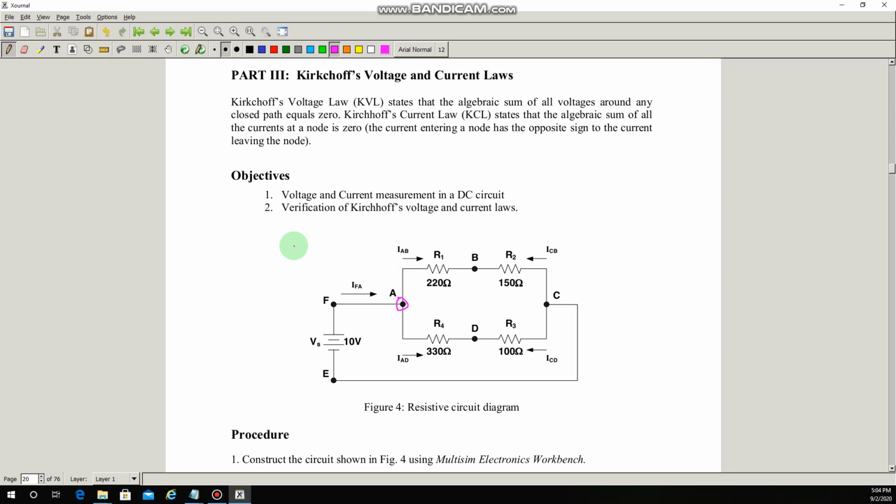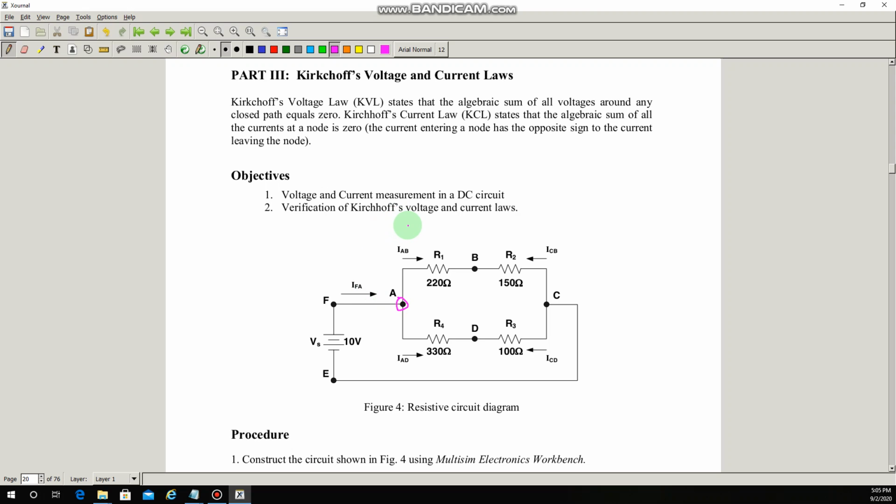The magnitude of both currents, IAB and IBA, will be same, but their sign will be different. So we have to keep this in mind, that by simply changing the direction of these notations, that is changing IAB to IBA, will have an impact on the sign of the current. In other words, I can say that IAB will be equal to minus IBA. Similarly, IFA will be equal to minus IAF and so on.